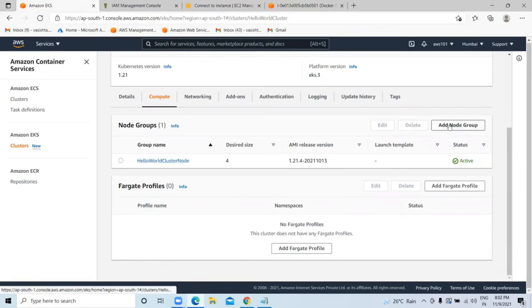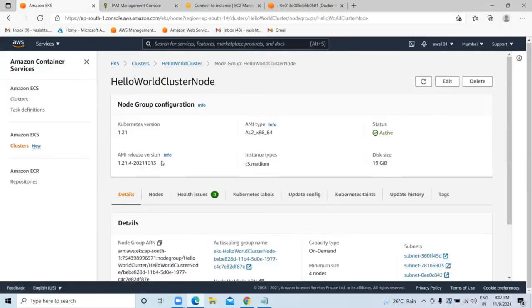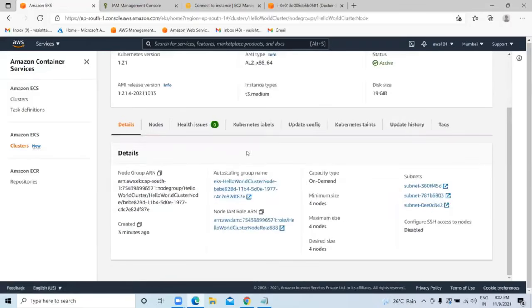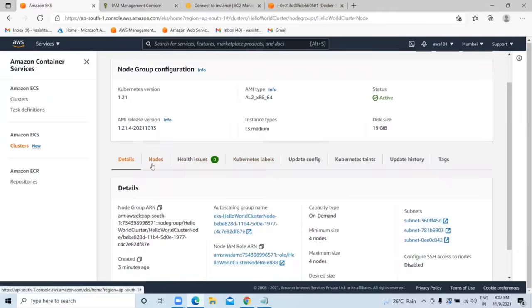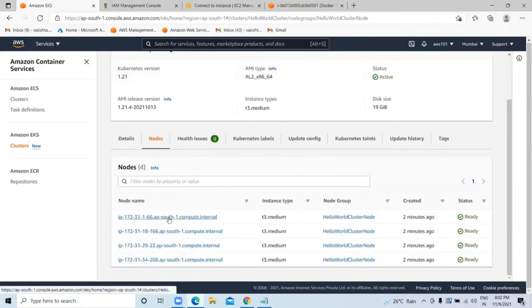You can add a number of node groups. You can add one more node group also. These are Linux based node groups. If you want to add Windows based node groups, you can add those also. So click on node groups. Node group capacity is 4 nodes. Click on the node group. Now you can see the number of nodes, so how many nodes you are running. You click on nodes. You can see, I'm running right now